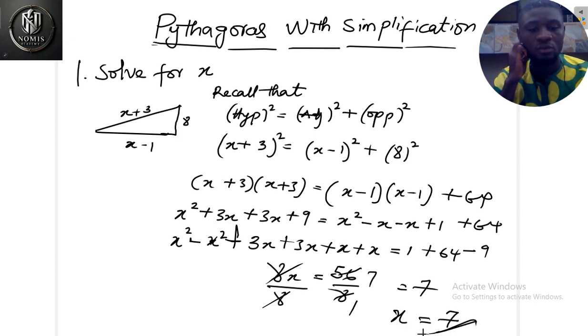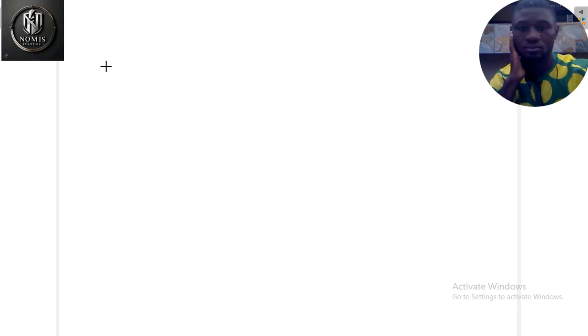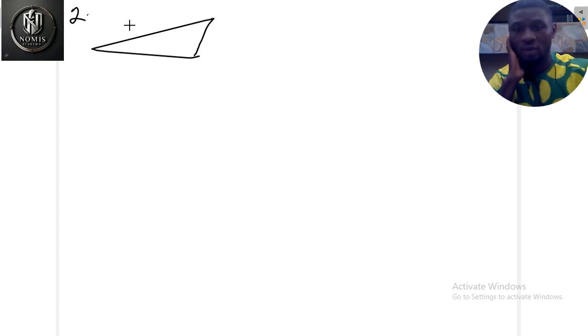You can see how we simplify this Pythagoras theorem here. So let's take another example, example number 2. We have to simplify the same thing. So we have a triangle like this, and we have 2x plus 7, here we have 2x minus 1, and here we have 12. When you look at it, what is our hypotenuse? 2x plus 7. So